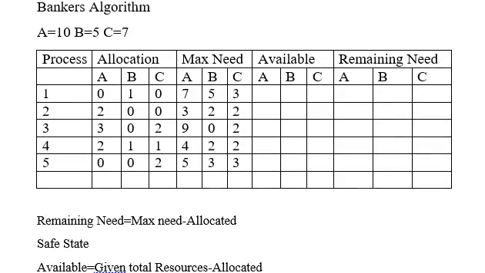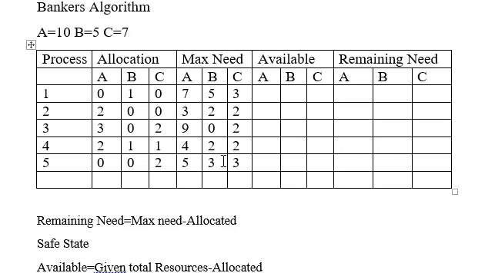Okay, here it is. Now in this Banker's algorithm, what we are given is A equals 10. That means we have 3 different resources, not processes, that is A, B and C. Resource A total count is 10, resource B total count is 5, resource C total count is 7, and we have been given 5 processes here. For each process, how many units of each resource are allocated is given here, and its max need for that particular resource is also given here.